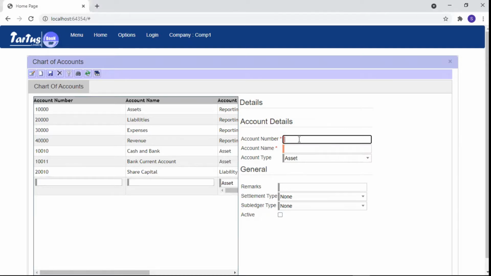Click new and add account 20011. Name it as equity share capital, which is my share capital ledger. Set the account type as liability.